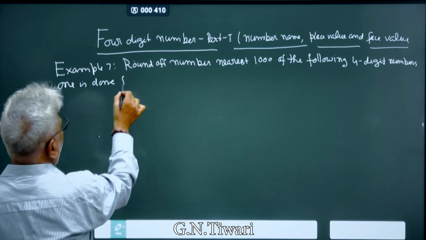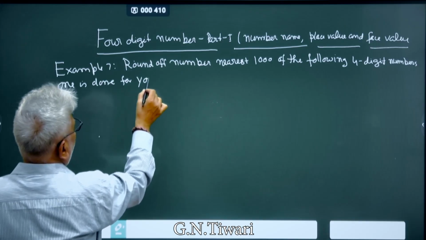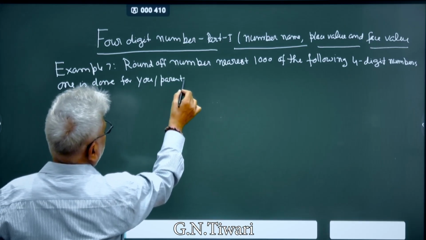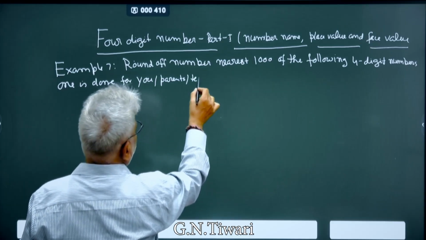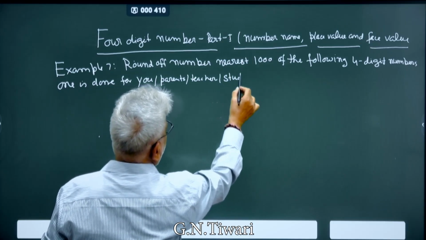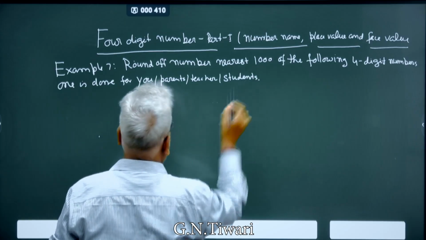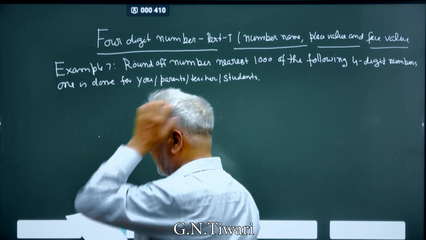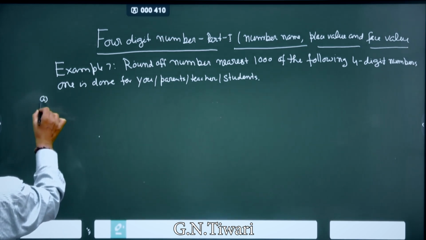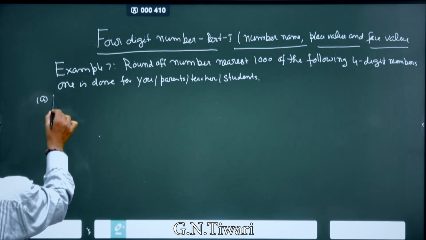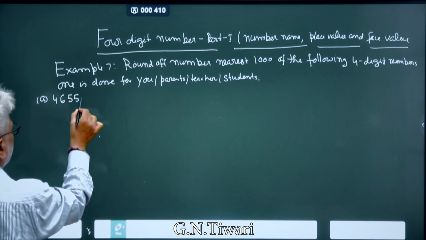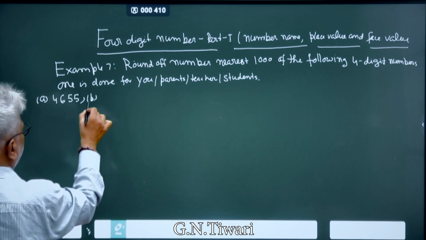Done for you. फॉर यू में पेरेंट्स भी आ जाएंगे और टीचर्स भी आ जाएंगे एंड स्टूडेंट भी आ जाएंगे। अब देखिए नंबर क्या क्या है। A 4655, B